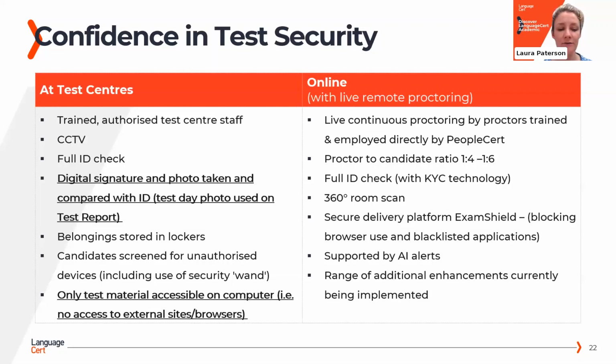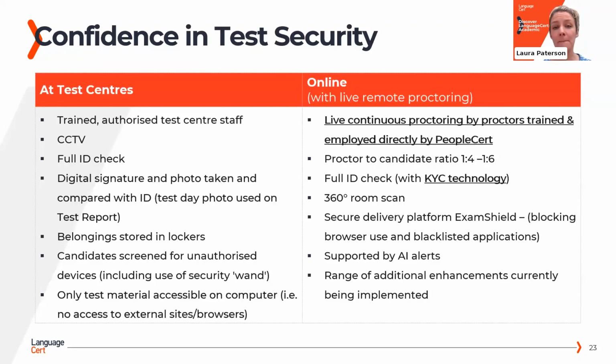Another thing I wanted to highlight is that when a candidate is taking the test, they cannot do anything else on that computer. The desktop is locked down, so that the candidate can only access the exam player, and they cannot open any browsers or other applications at all, and things like spell check are disabled. Those are just a couple of the measures that we have in place to ensure maximum security at test centres. When the test is taken online with a live remote proctor, it is continuously proctored by a real person,